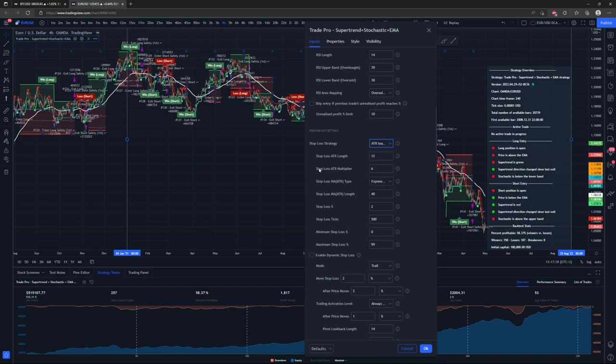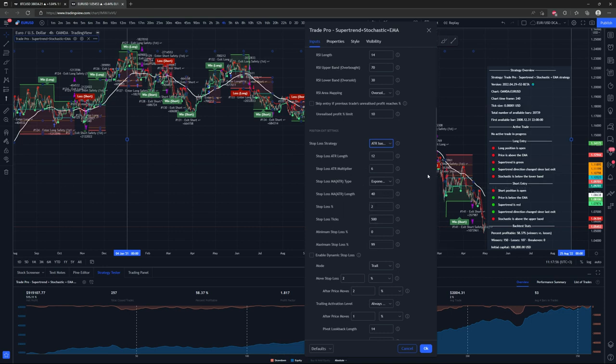And then for the ATR based stop loss placement, I chose that I want it to place the stop loss 6 times the ATR value, so that you can choose right here. And of course, if you're doing percent based, you can choose how many percent away you want your stop loss to be from your entry price, and so on